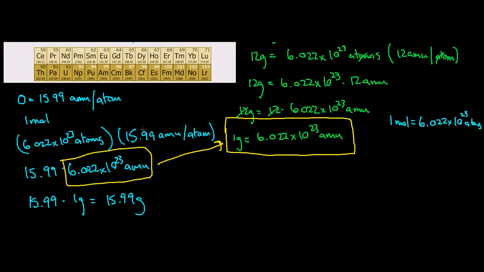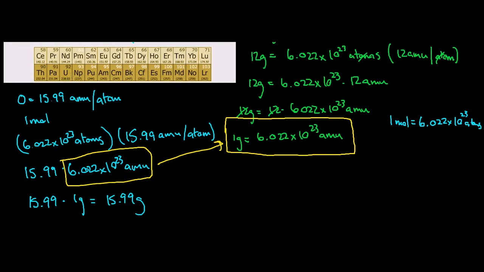And this is going to happen for every element. This 6.02 times 10 to the 23rd will just convert to 1 gram because we chose 12 grams. And that's why 12 was chosen, because it easily interconverts without having to do any extra multiplication or addition. I could do this for any element. I could do this for uranium, plutonium, americium, berkelium, all of them. And I would get the same